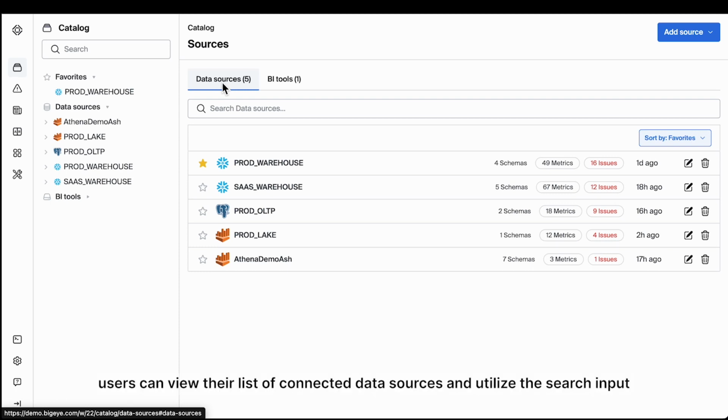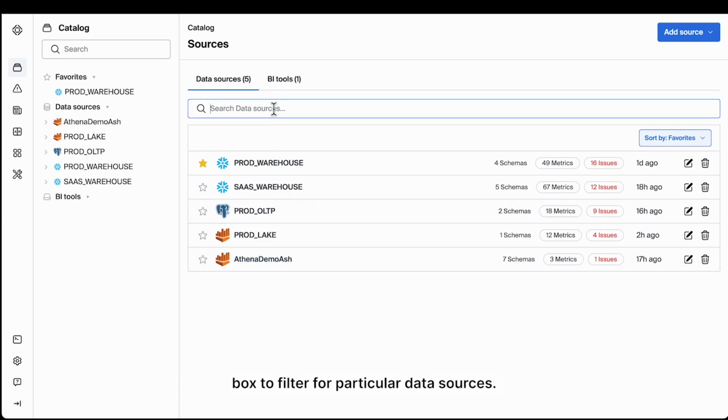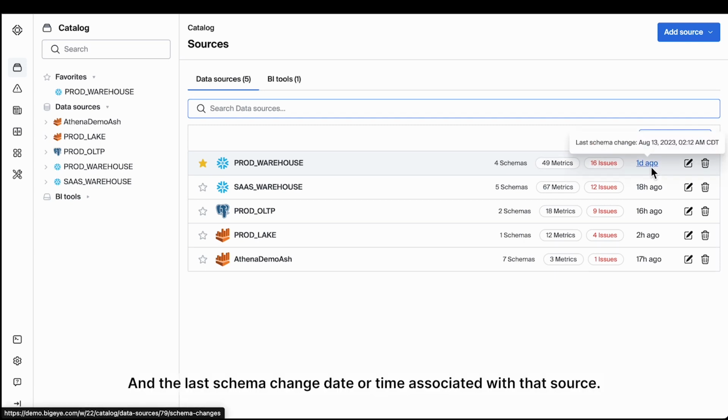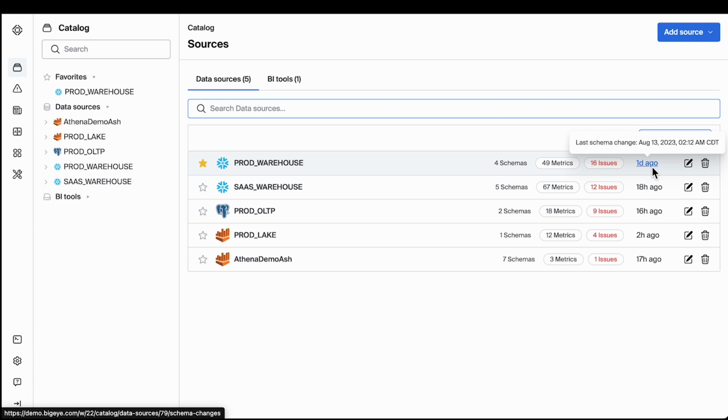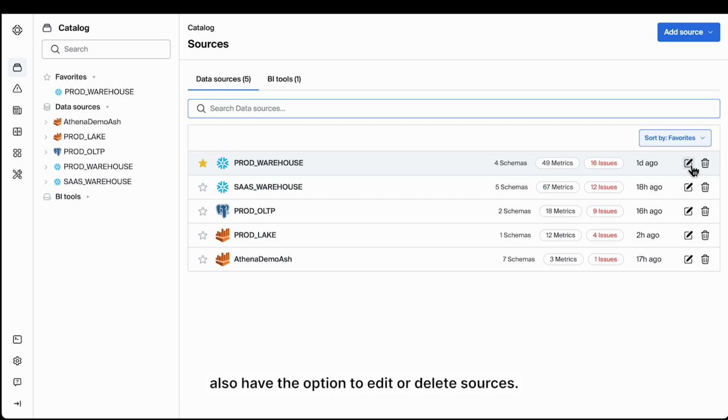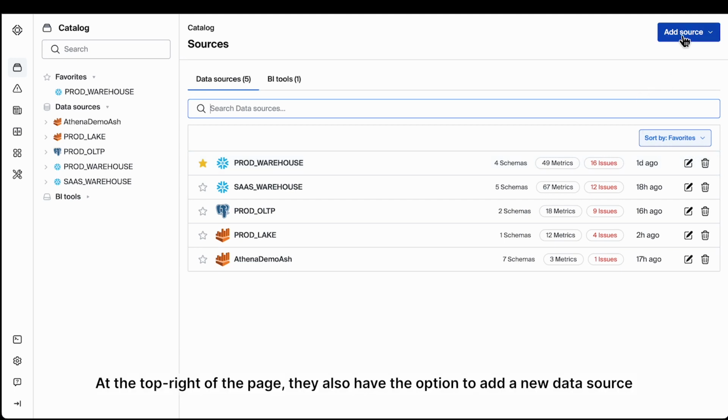On this tab, users can view their list of connected data sources and utilize the search input box to filter for particular data sources. For every source listed, users have the option to favorite the source as well as see the number of schemas, number of metrics, number of issues, and the last schema change date or time associated with that source. Admin users or users who have managed access to the workspace also have the option to edit or delete sources. At the top right of the page, they also have the option to add a new data source